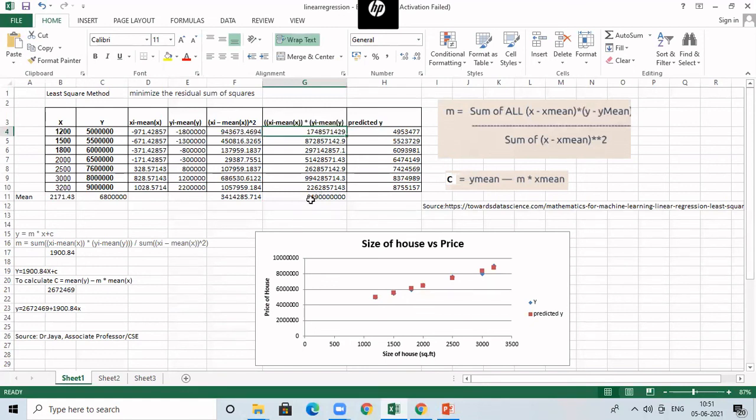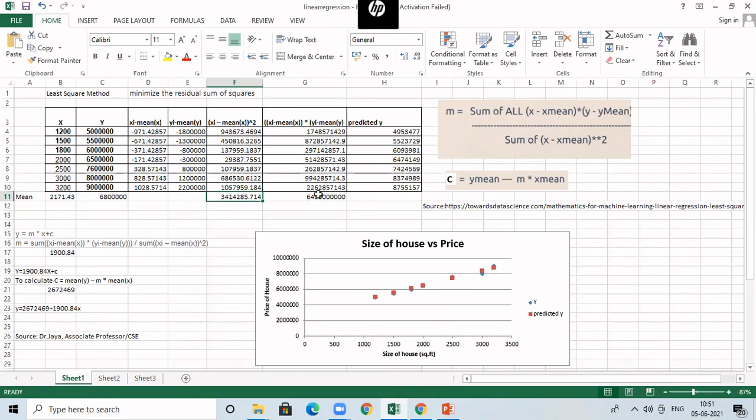You find the sum of all the rows in this column. So here I have found the sum of all these values. Okay, add all the rows in this particular column. That is nothing but the numerator. And the denominator is the sum of Xi minus X mean the whole square. So in this, I have calculated Xi minus X mean the whole square. Find the sum of all these rows. You will get this value, that is the denominator.